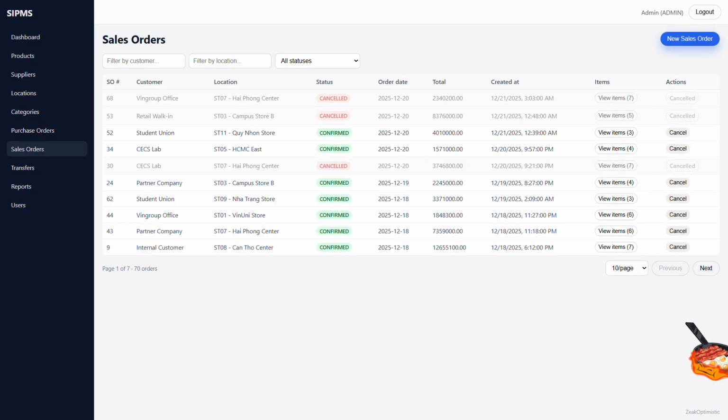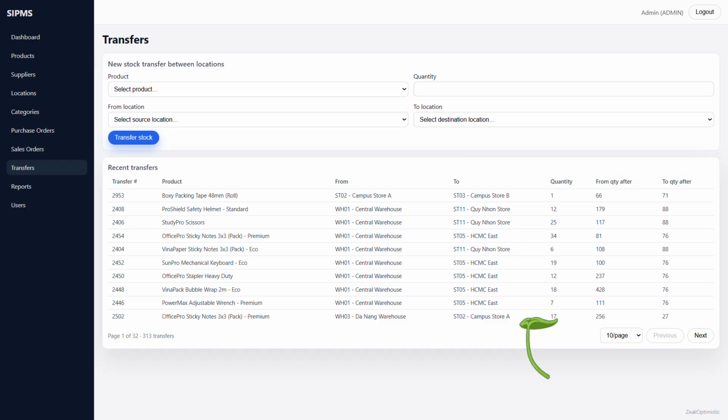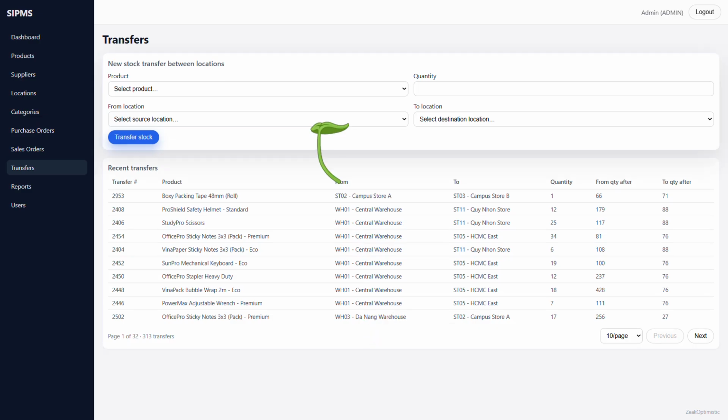And sometimes demand is high in a store, but stock exists in a warehouse. This is where internal logistics come in. The transfer page facilitates the movement of goods within the organization. This module requires a source and a destination. Unlike a sale, a transfer doesn't involve a customer. It is an internal movement. When a transfer is processed,